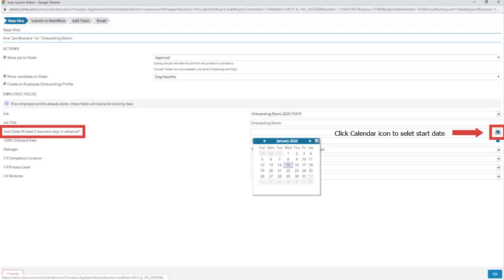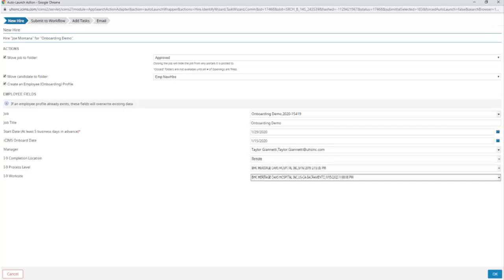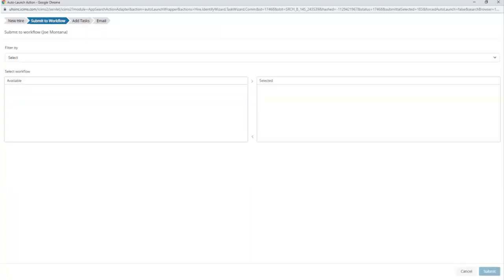Please note, you must select a start date that is at least 5 business days in advance. This allows time for the candidate to complete their onboarding tasks, the background check and drug screen results to come back, and for the candidate to be officially hired and ready to go in Lawson. Once you have added the appropriate start date and I-9 information, you will select OK in the bottom right of the screen. This will bring you to the next step, where you will select which onboarding packet should be sent